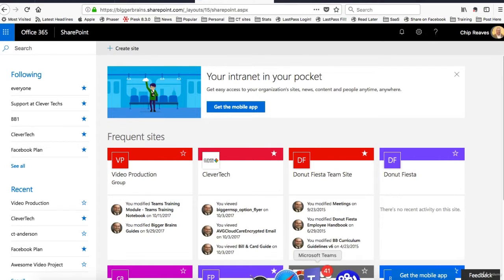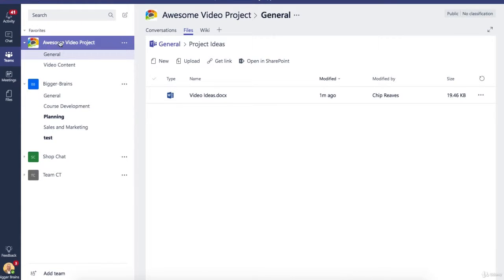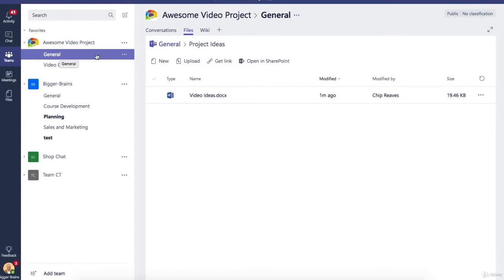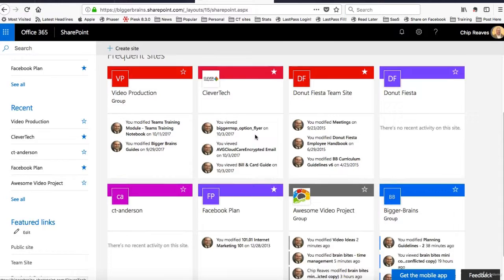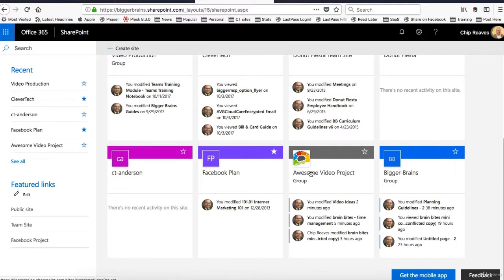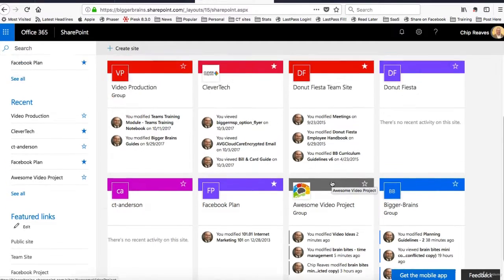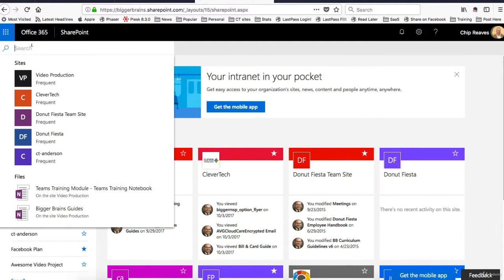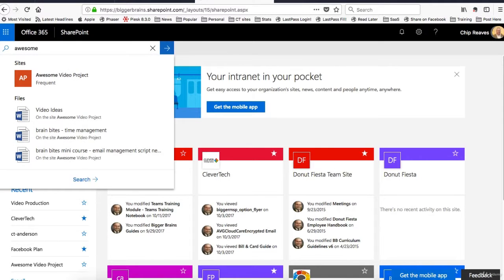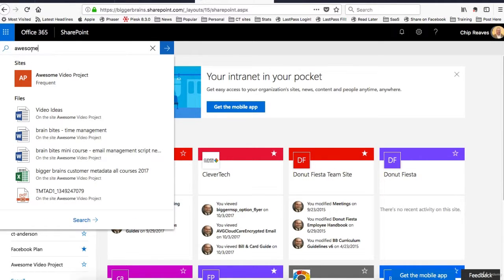So over in Teams, I was in the Awesome Video Project team, and I was in the General Channel and the Project Ideas folder. If I go back into my SharePoint, now I need to find a team called Awesome Video Project. It won't always show up because if I haven't accessed it before, it won't show up here, but I can search for it. So I come up here and choose Search and type in Awesome, then it's going to find the one that